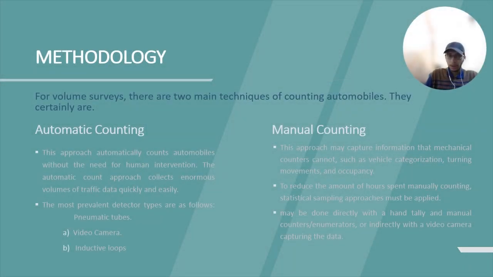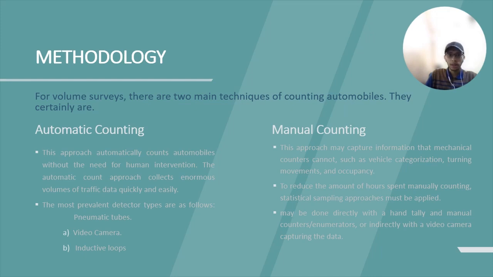For the methodology, automatic counting without the need of human involvement. The automated counting method rapidly and simply captures massive amounts of traffic data. The most common detector types are made of bentonic material, the video camera, and also loops that are inductive in nature. This method may be able to record data that mechanical counters cannot, such as vehicle categorization, turning